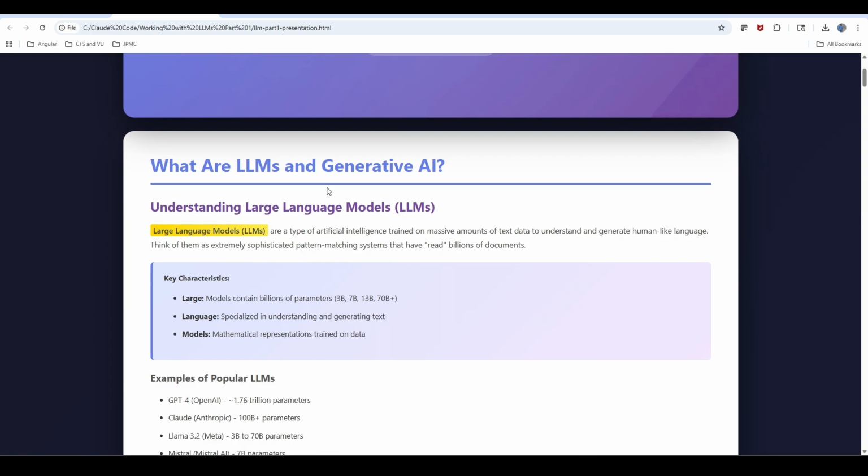Underlyingly it uses machine learning algorithms, deep learning and neural network techniques to learn from this data and understand the different patterns. From the patterns it is able to generate new content. That is called generative AI.